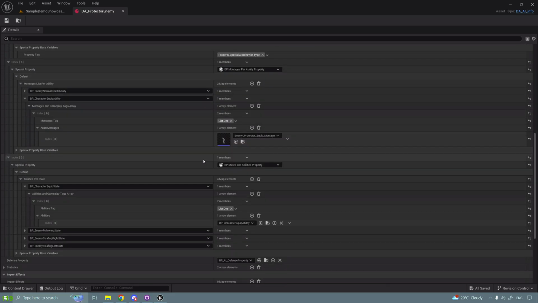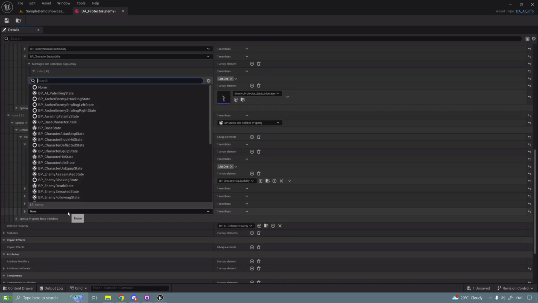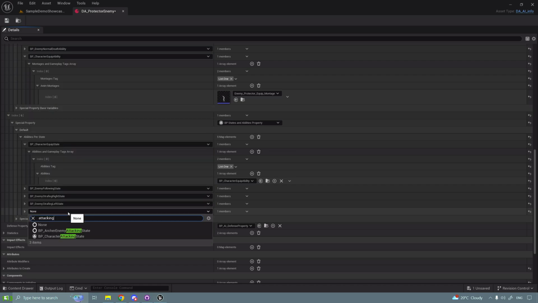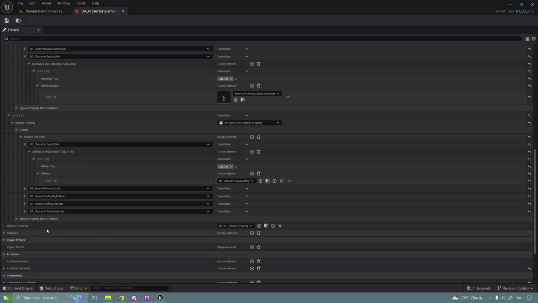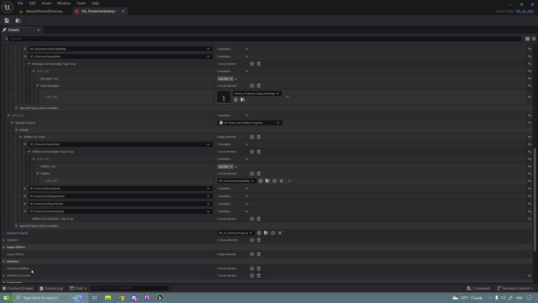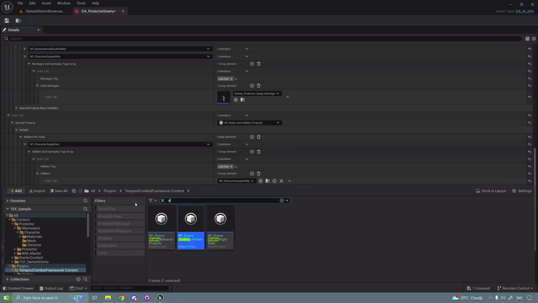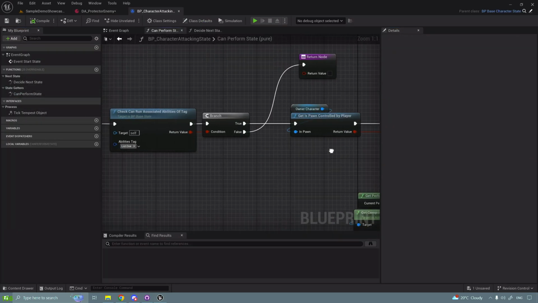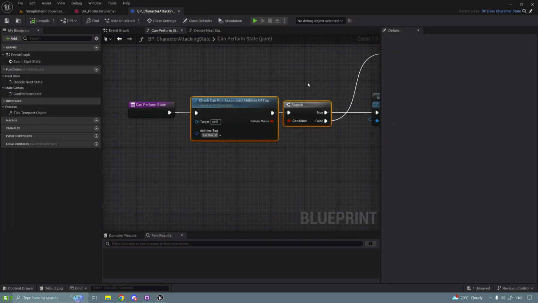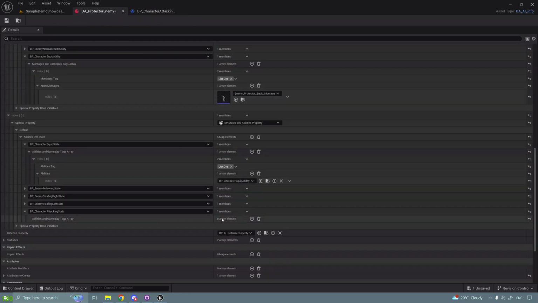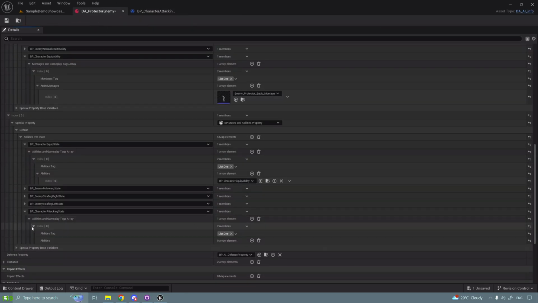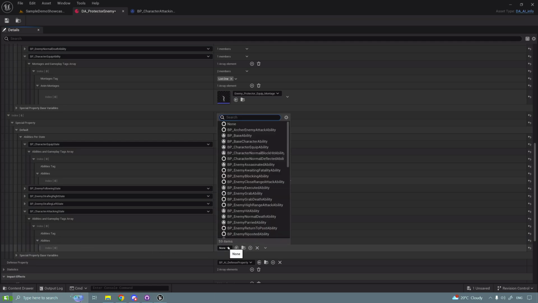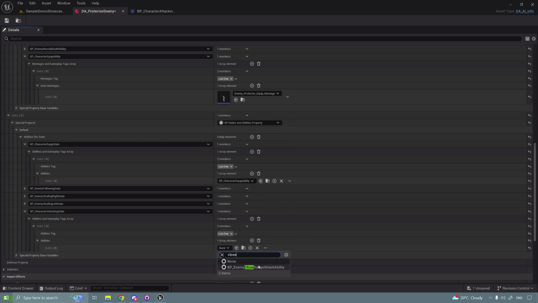And let's go to the states and add an attacking state. And character attacking state. And we know for sure the attacking state will also depend on the abilities. If you try to check here, that's the first condition. So let's add attacking abilities. It already exists in the project, so we can use close range attack ability. And the condition for this one is